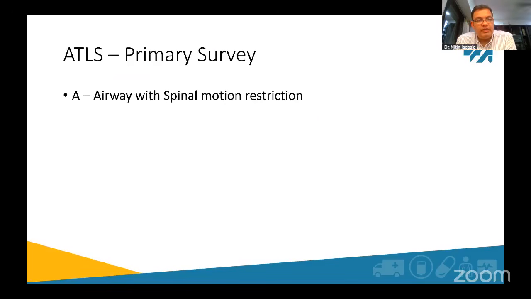We talk about ATLS. First is airway, because airway kills before breathing. If there's a problem in airway, it will kill you before a problem in breathing kills you. Similarly, breathing would kill you before your circulatory issues, and so on. Airway in trauma always goes with cervical spine, what we used to call immobilization. Now it is spinal motion restriction. Breathing goes with ventilation. So obviously we assess breathing, but we also look at the ventilation part of it, how the saturation is doing, what the actual effort is, and what is required.